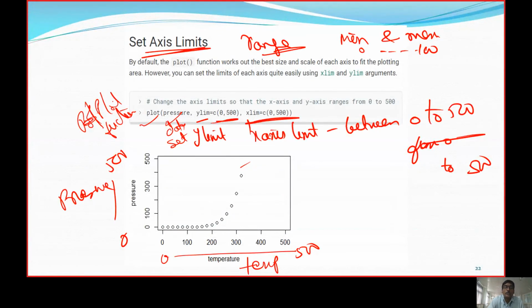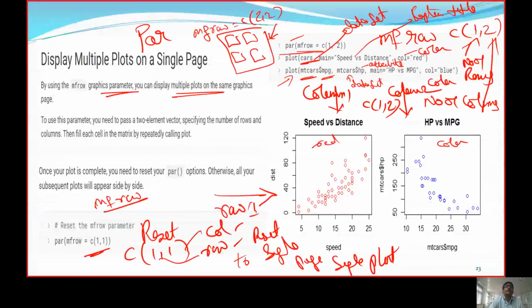Similarly, how much should the x-axis be, the minimum range, the maximum range, and similarly for the y-axis. It can be given with the limit we call xlim, or ylim. And all these things are applicable either to a single plot on one page, or multiple plots can also be formulated.